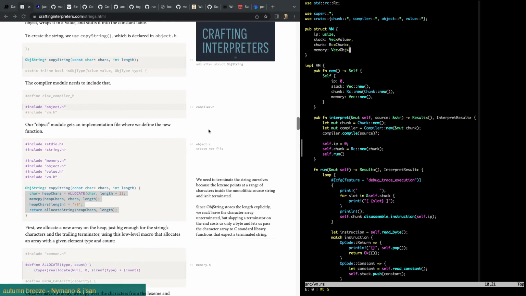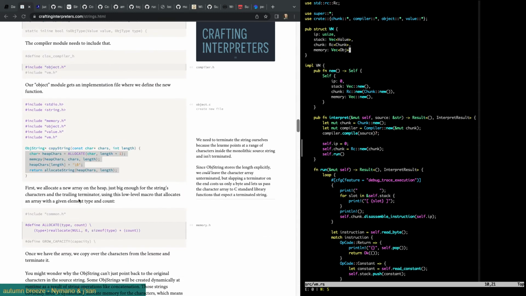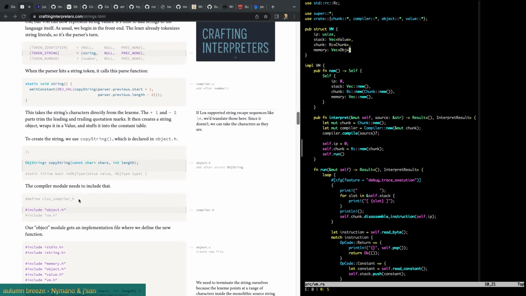Because you can create strings on the fly, right? And then because we have constant strings, but then we're going to also have strings that get created, and how is